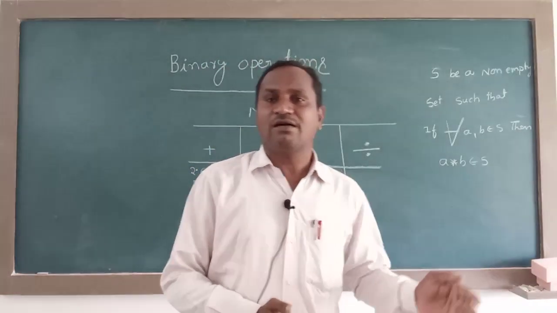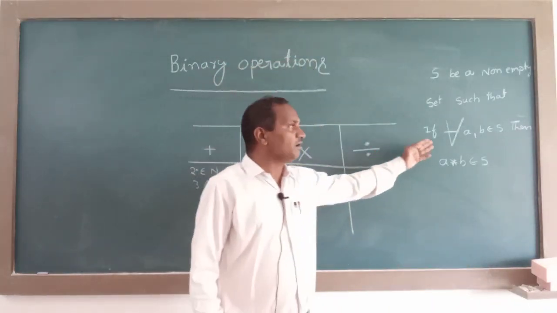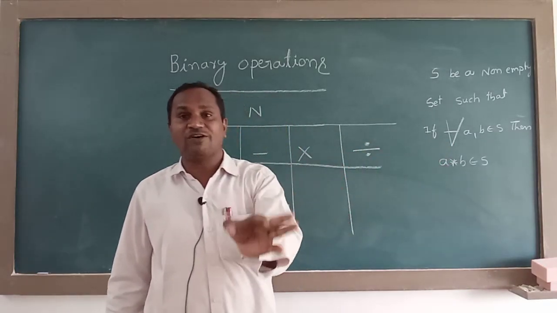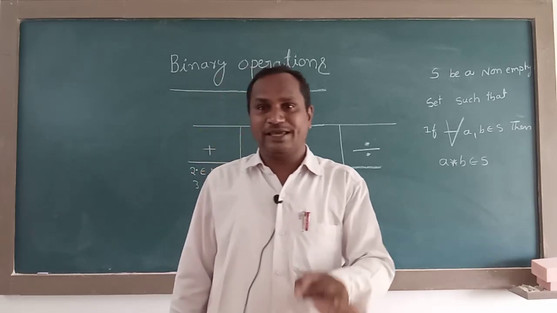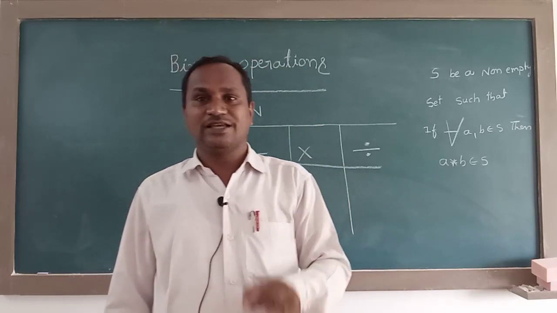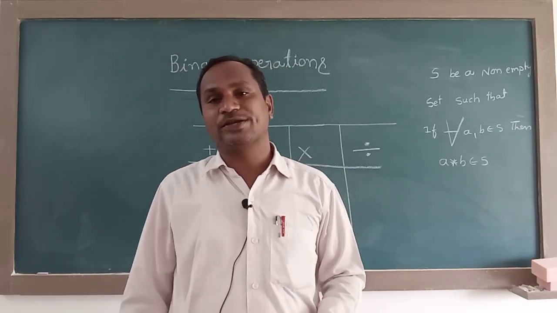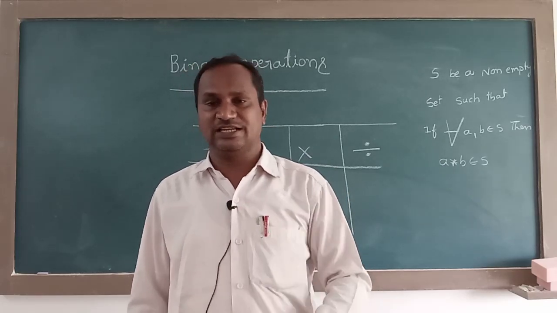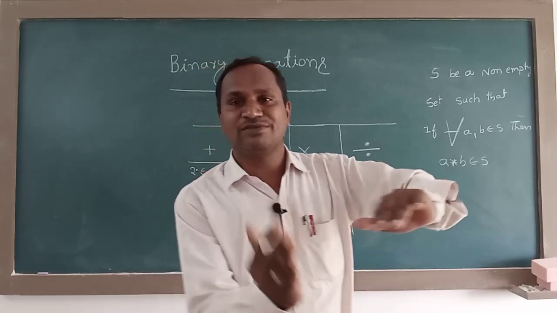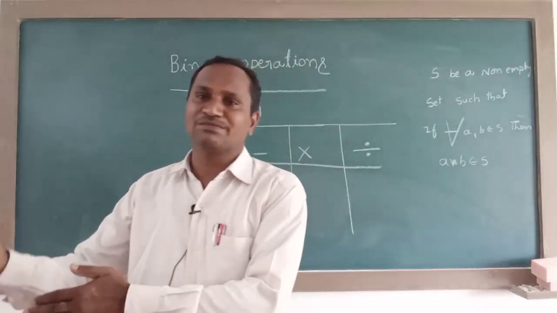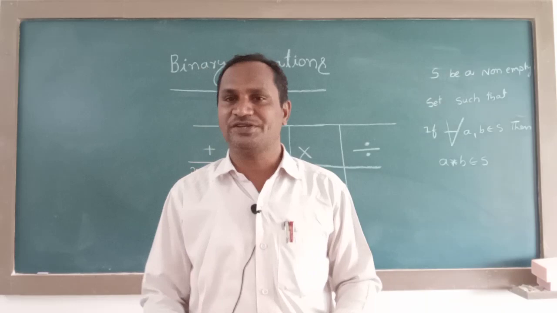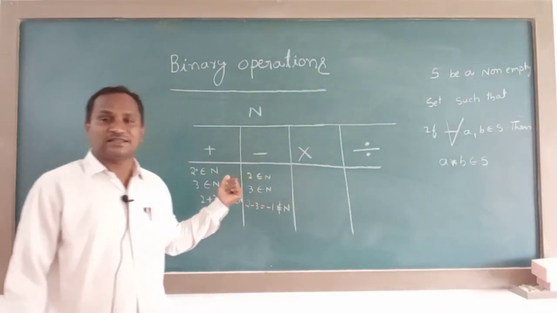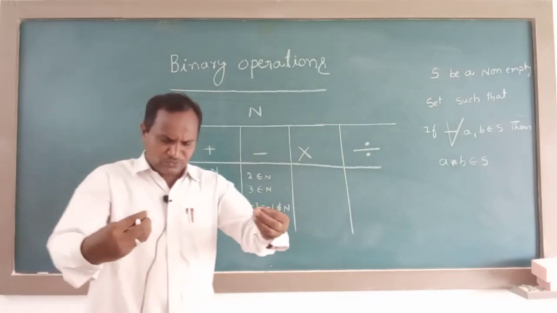Why? According to the definition, for all, for every, for each, it should exist for all numbers. It should exist for all numbers, then only that is a binary operation on minus or plus or multiplication or division. See, but it satisfies for some numbers. It is not satisfying for some numbers, which means it is not a binary operation. See, in case of natural numbers, in case of addition, you can take any two natural numbers.